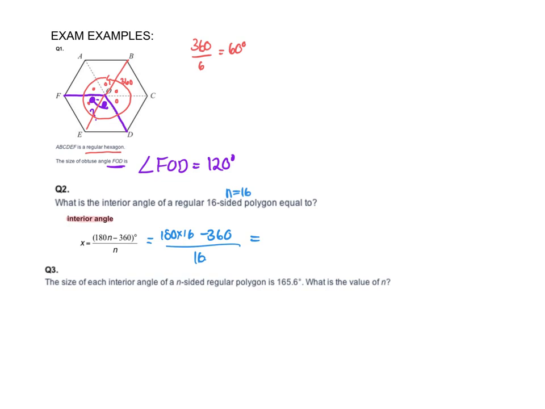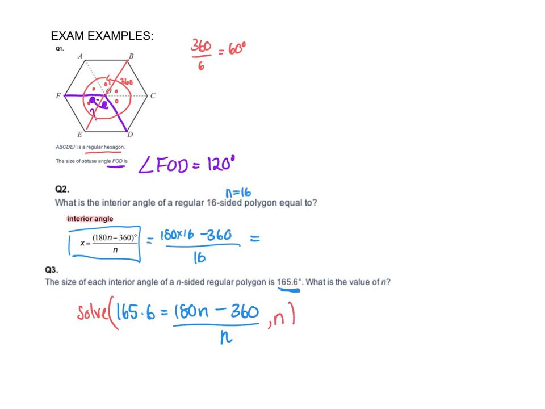And what is the size of an interior angle of an n-sided regular polygon? So what they've told you is they've used this formula, but they've told you what it actually equals, and you're trying to find n. So all I have to do is write 165.6 equals that formula, like so, and I can just use my solve function on the calculator. So if I do that on the calculator, which I'll do, menu 3.1,